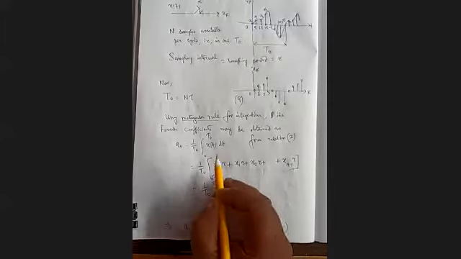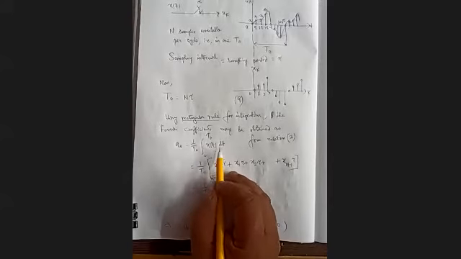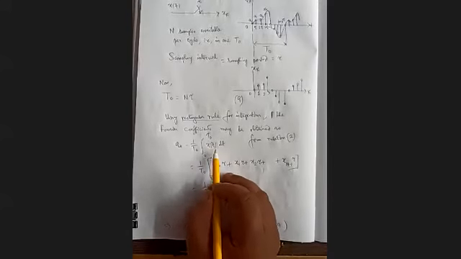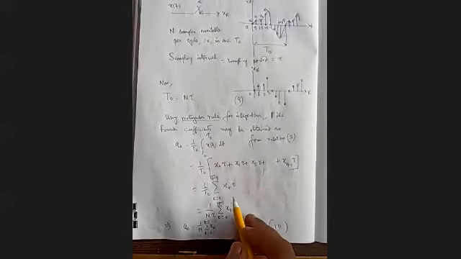Clear? So the ultimate thing is that in the entire function under the integral, t will be replaced simply by k tau. So that will be this. If we follow this technique, then we can find out the other coefficients as well. Let's see how, in the next page. Page number 2. If you have any doubt, feel free to ask me anytime. Please interrupt me if you have any question.